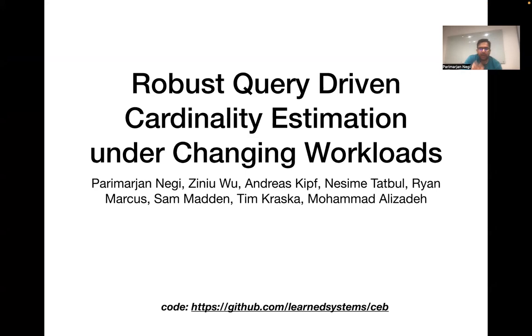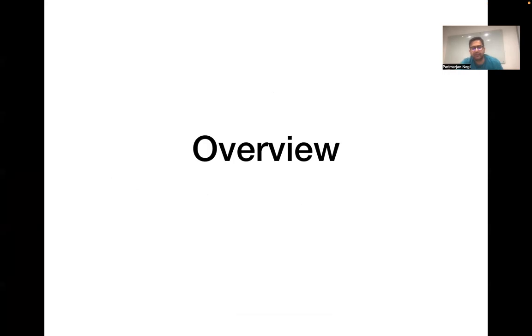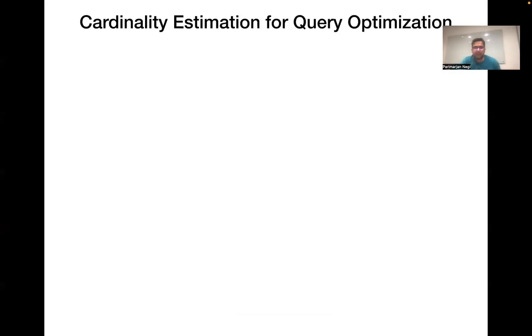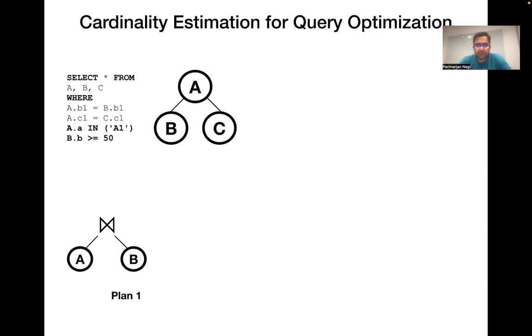Hi, I'm going to talk about my work on cardinality estimation today. So overall, what we try to evaluate is how to improve cardinality estimators for the particular purpose of core downstream query optimization task. So you would have a query like this with three tables, and one way to execute this